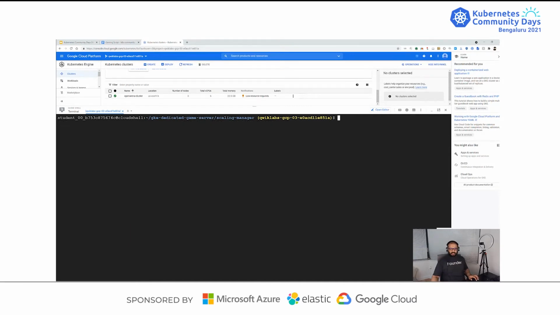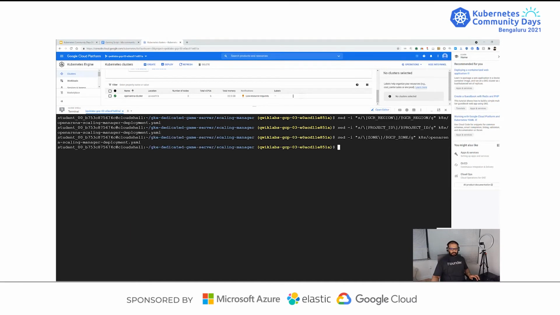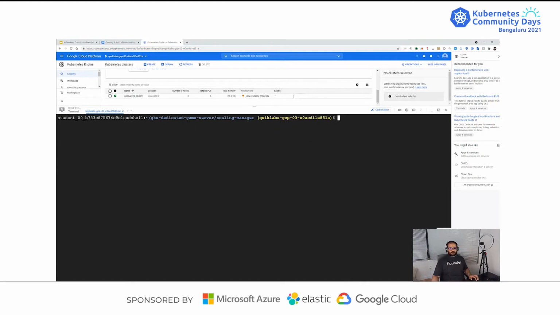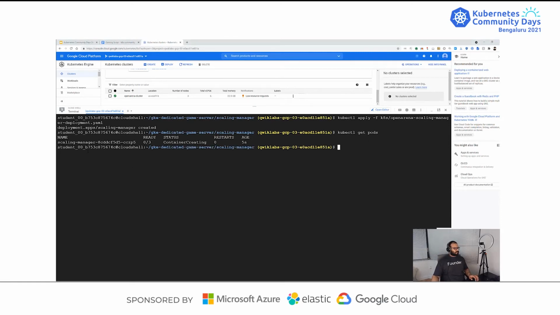Now I'm prepping some scripts. What I'm doing is configuring our scale manager to be deployed on this Kubernetes cluster. Once it is done, I am deploying that, and we have our scale manager ready. The scale manager is getting created.